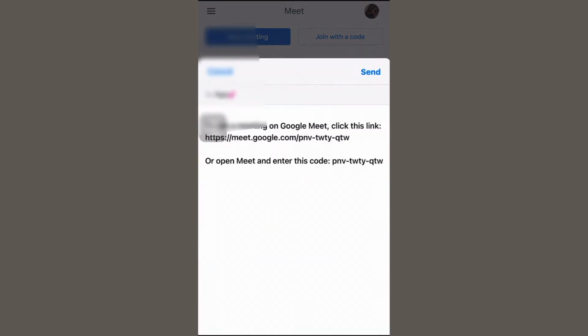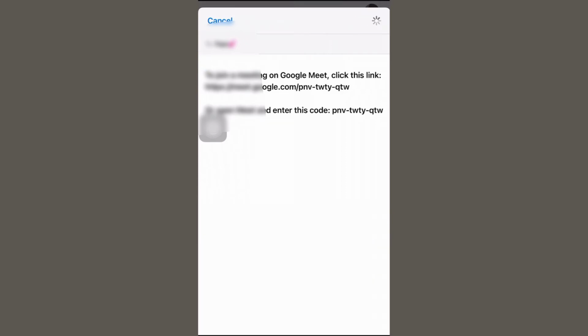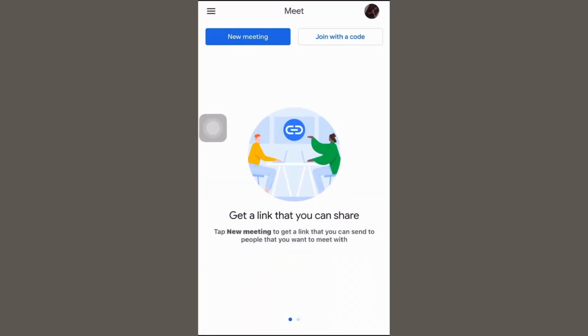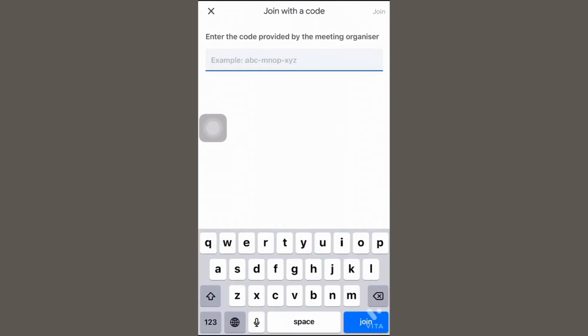On clicking on the sender, the link will automatically be pasted over it. Now click on send. You can even join a meeting with the same code by clicking on the join with a code option. On clicking it, you can paste the code over the blank space and click on join.